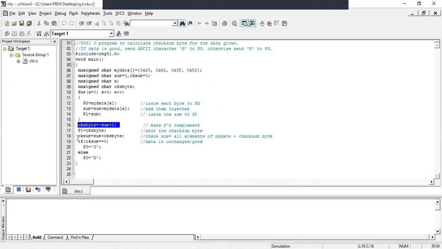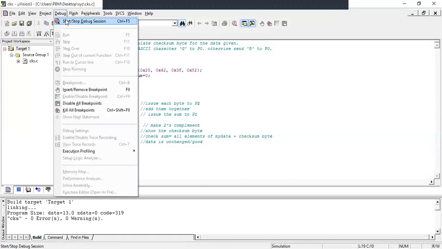To ensure data integrity, what must we do? First, we find the checksum by adding all these 4 numbers plus the checksum byte. When we perform this operation, if the checksum is 0, it means the data is unchanged. Otherwise, it is manipulated or changed. So let us see the program.